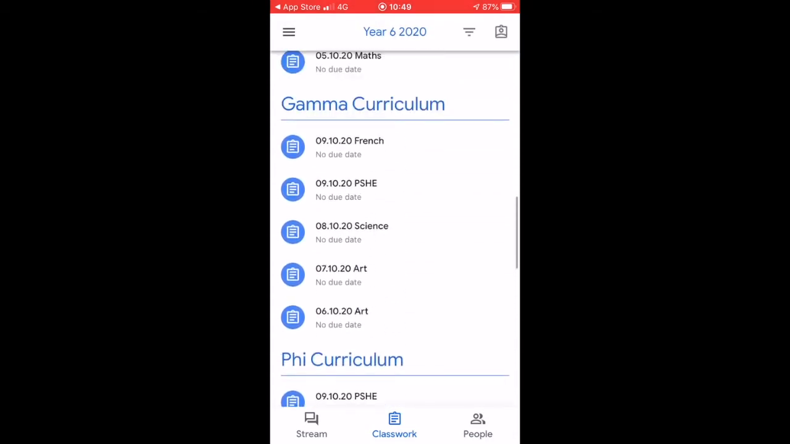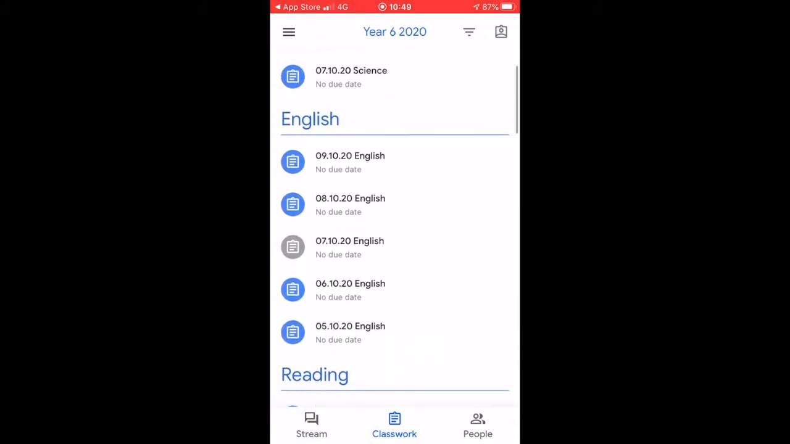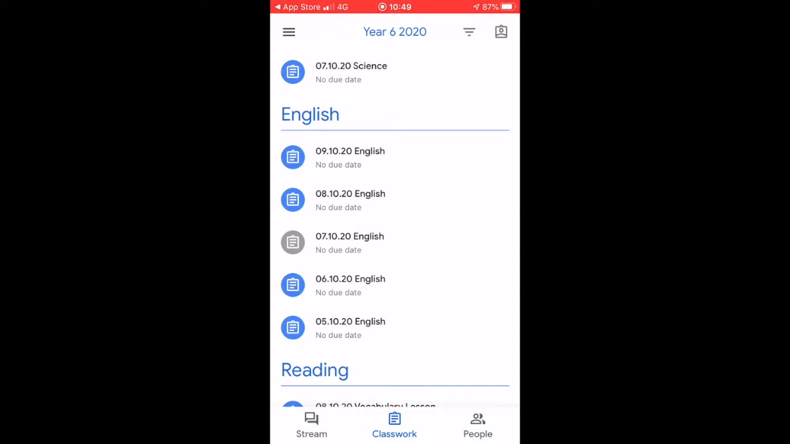For example, if I was in Zeta class, to access all my learning other than English, reading and maths, I'd go to Zeta curriculum, and you can see, for example, I have a science lesson and a PSHE lesson. For all our subjects, they'll be labelled with the short date and then the subject. The short date will allow you to know what work has been assigned for the day. For example, if I was to open English,